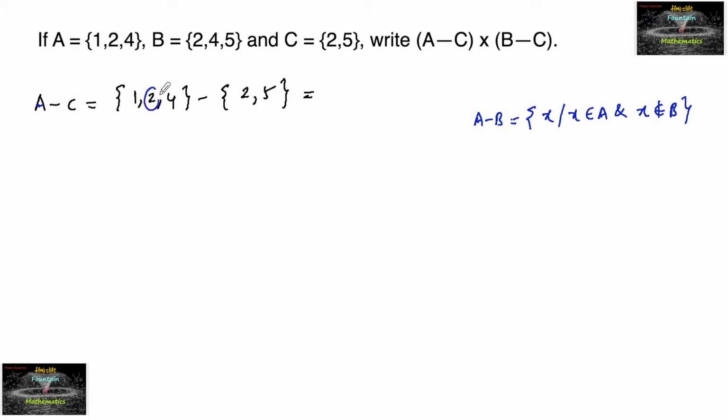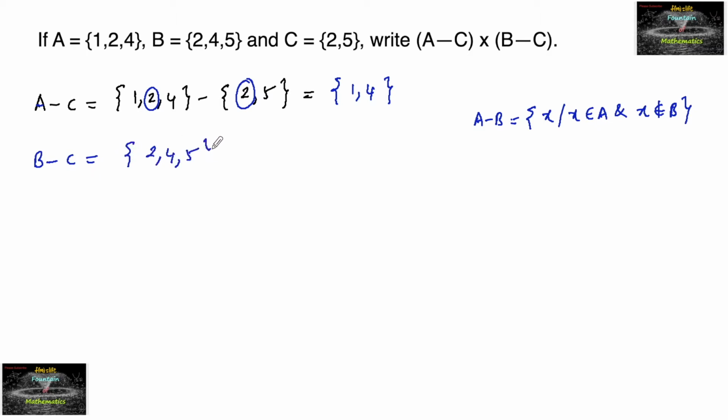Only 2 is the common element. Then other than 2, so 2 must be eliminated. So other than 2 we can take out the elements as 1 and 4. So {1, 4} can be taken as A minus C, and similarly B minus C can be written as